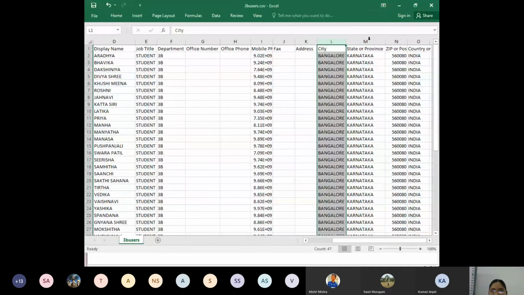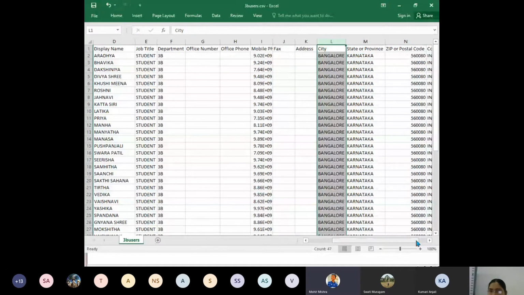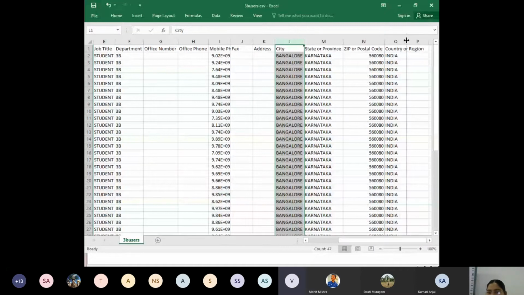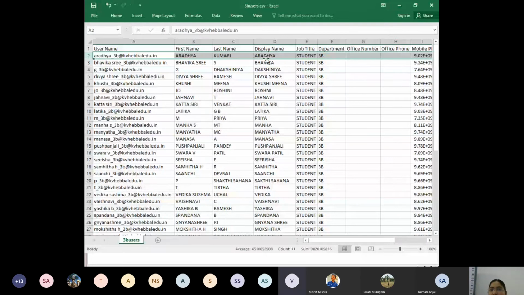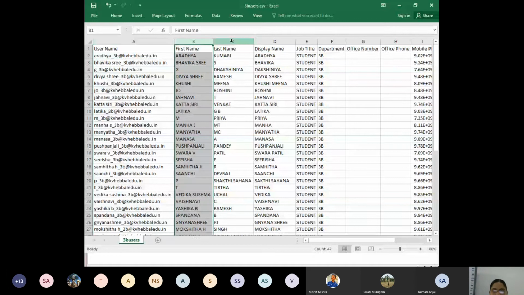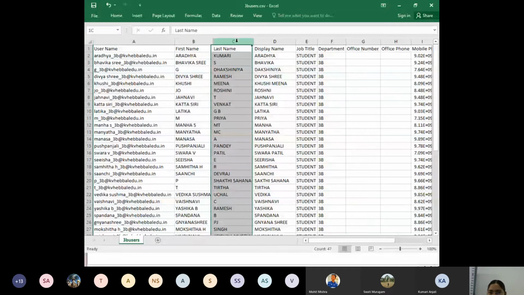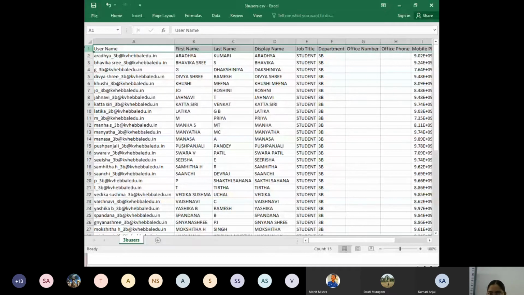And every row is of a particular student. When I open this CSV file using Excel, you can see only columns and rows. And the first row is the row of all the fields, that is the title of that particular column. Now let me open the same thing using Notepad and show you.